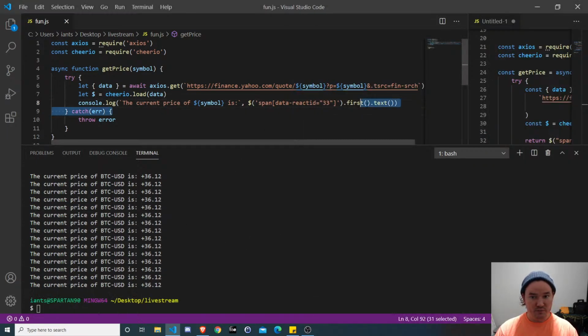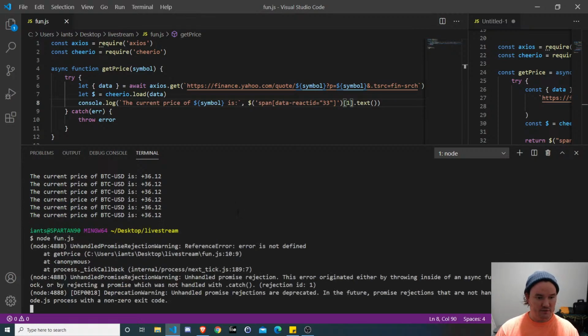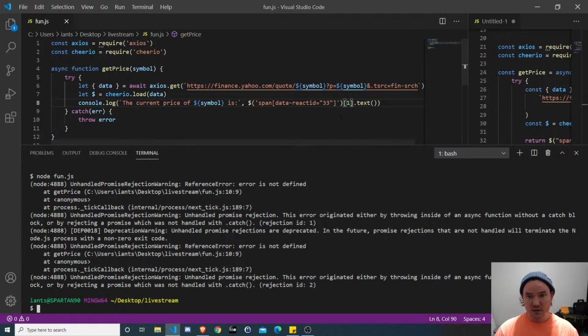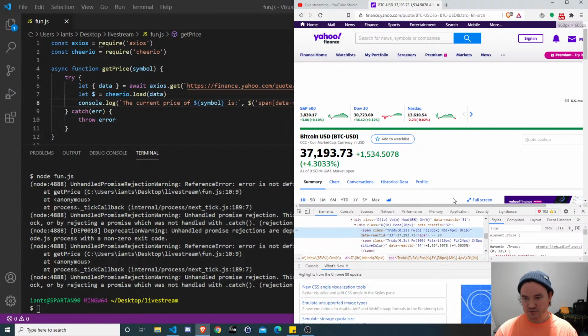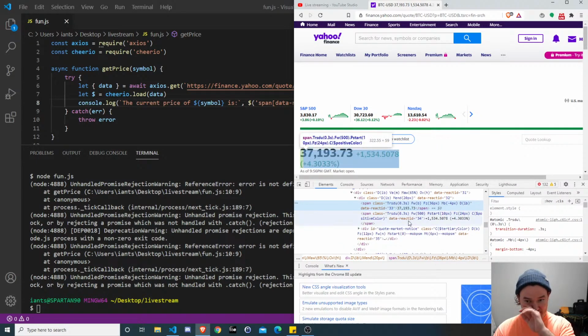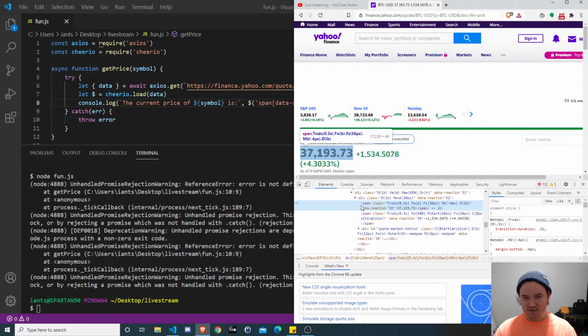So the question is, maybe it's not the first one, right? Maybe it's the second one, which I don't even know if we can do it this way, but we're going to try. So you've got to make changes. Okay, it doesn't like that. Based on however the HTML is set up, one version of the page may not be set up the same as another one. So in this case, it is the same as the other one. It uses a React ID, but they use the same React ID for two different elements. And the data React ID is just a data attribute, right? It's just a custom attribute that they're using. Apparently they're using it with React, excuse me.